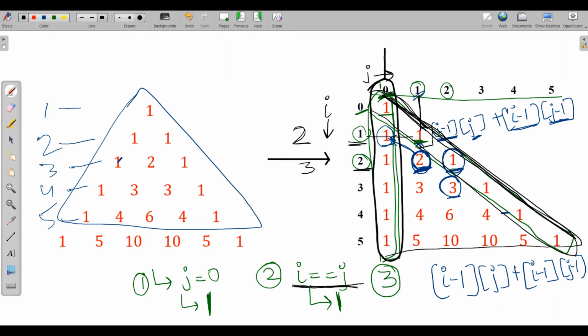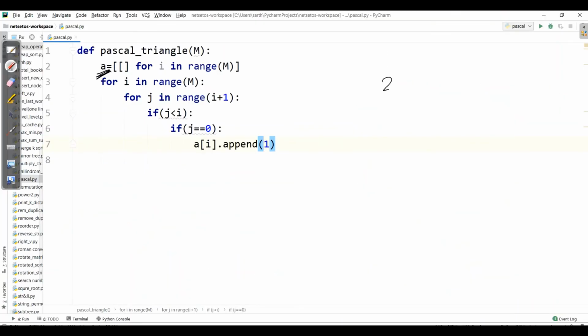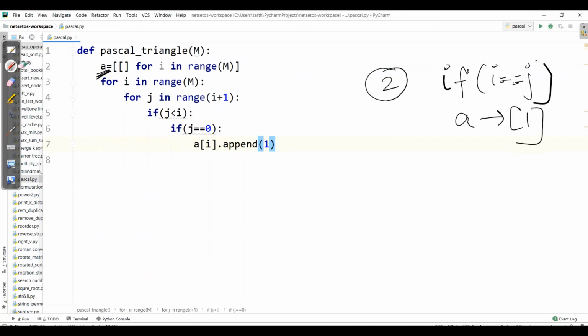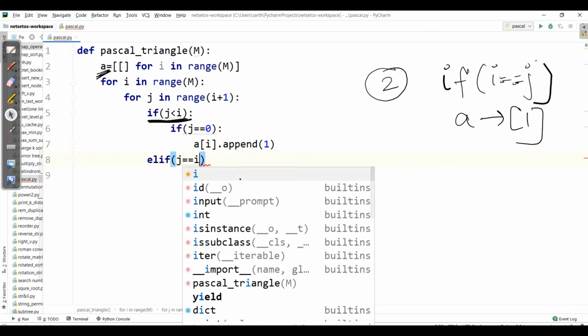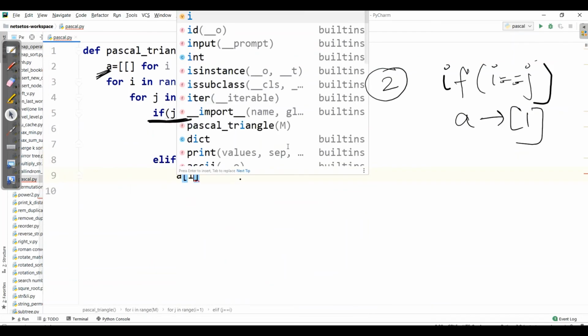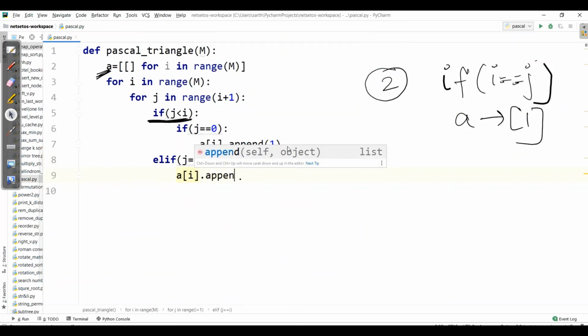Whenever i is equal to j, we will have 1. So the second point, if i is equal to j, our list should be appended with 1. So here we have defined the condition. When j is less than i, and for elif, when j is equal to i, a[i] should be appended with 1.